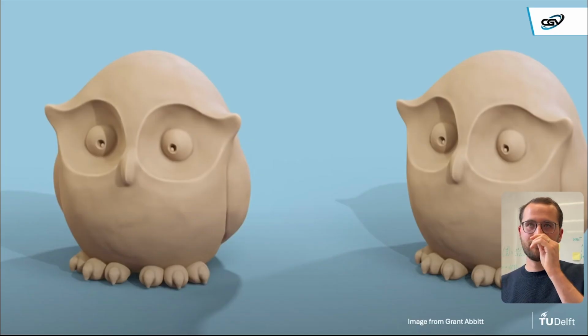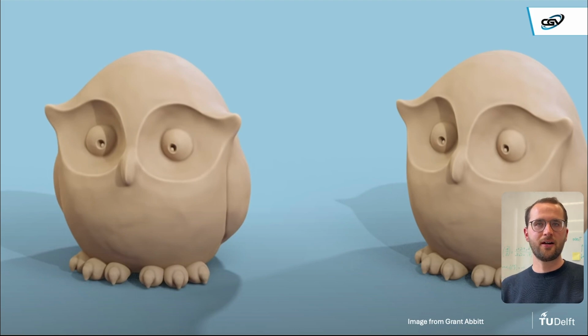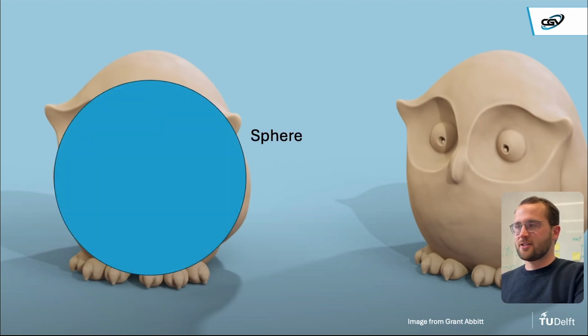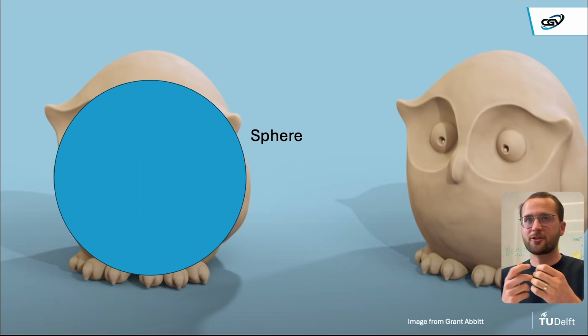One more shape, this little owl. What type of base shape would you think started here? So I can imagine you probably thought something like a sphere or something that looks like a sphere. And that's correct. So this is from, actually, this image I took from a tutorial on showing how to sculpt